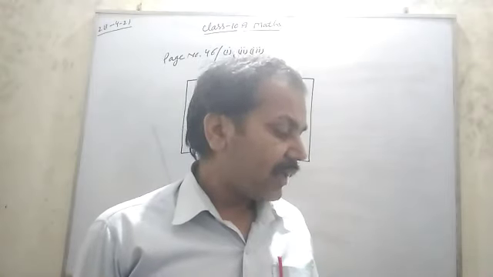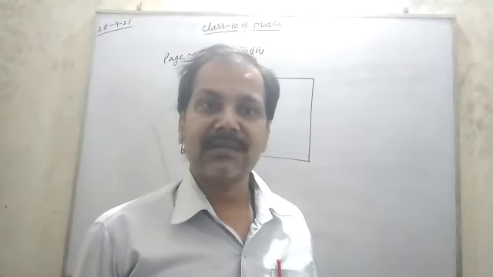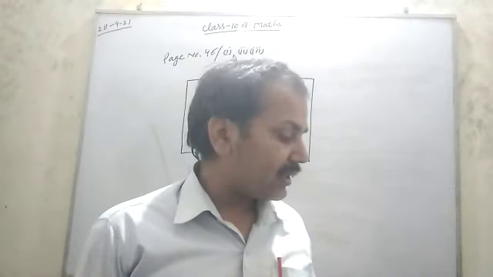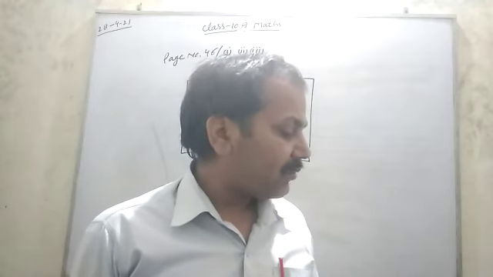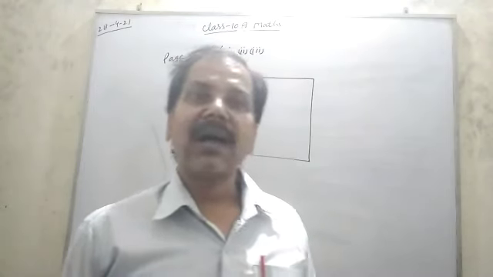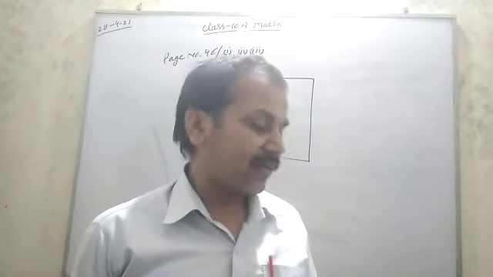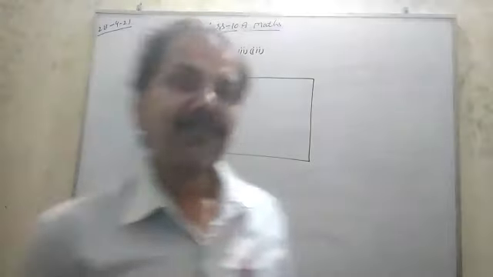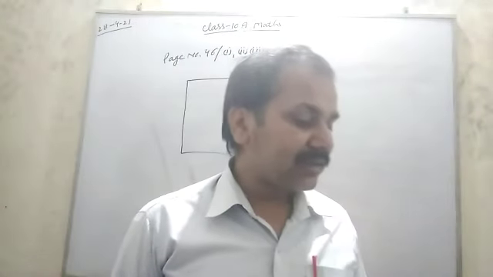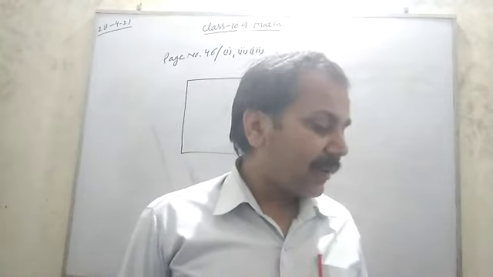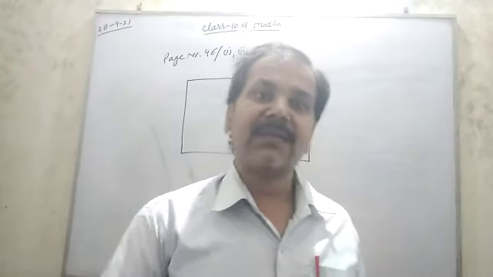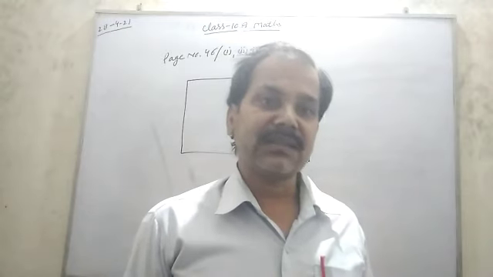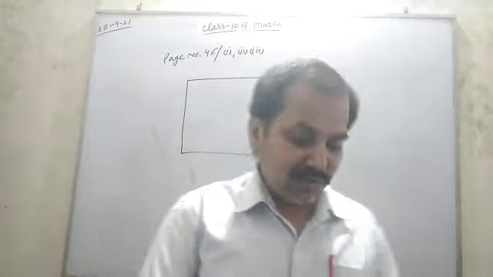Okay. Third one, the lines may be coincident. Okay, means having infinitely many solutions. In this case, the equation have infinitely many solutions, and this also called dependent, or in bracket dependent consistent pair of equations. Okay, unique solution, consistent pair of equations, infinitely many solution, dependent consistent pair of equations, and no solution, inconsistent pair of equations.